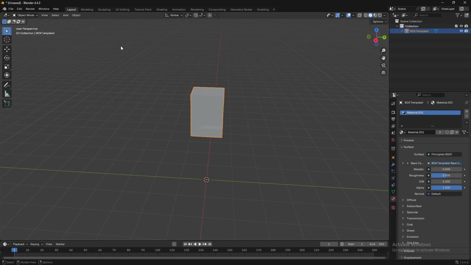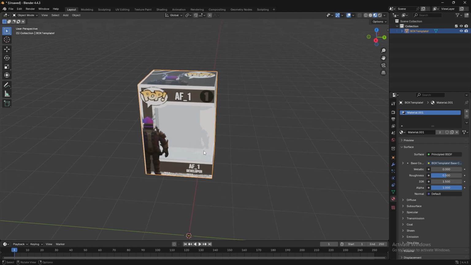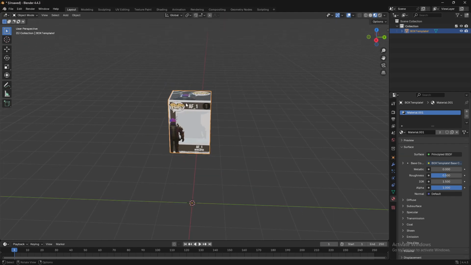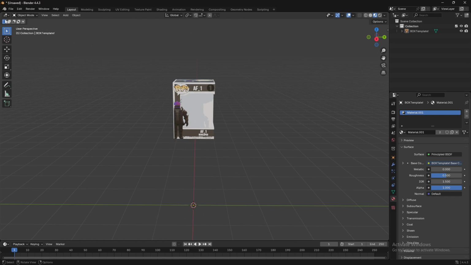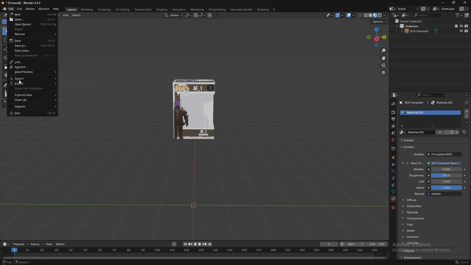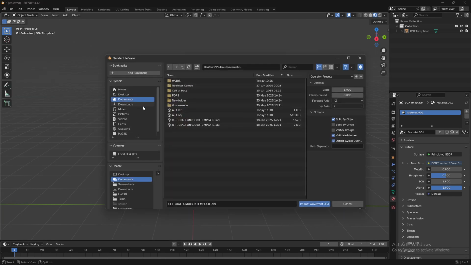Now, go back to layout. Go to material preview if you want to look at the box. But the hard part begins now. You're gonna want to go to file, import, Wavefront OBJ, and